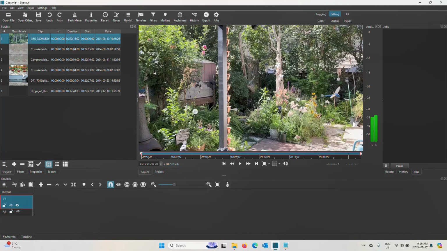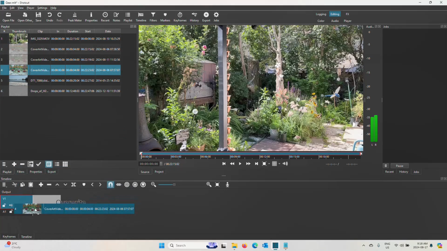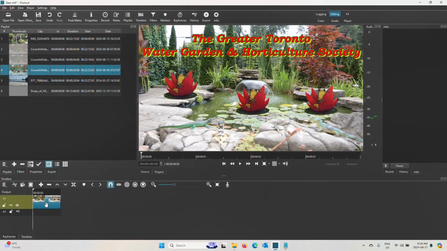So the first thing I want to do is grab this title screen and drag that down to my timeline. And now that's on my timeline. So that's where my title is going to show up. I don't want it to show up at the very beginning. I want this screen to show up, then I want the title to kind of fade in, and then I want it to fade into my shot with my video. So I'm going to grab this, I'm going to drag another one down. And you'll see in a couple of minutes why I've done that. And then